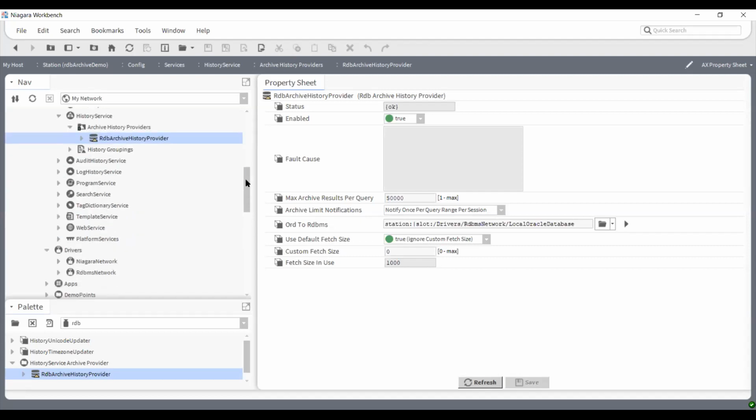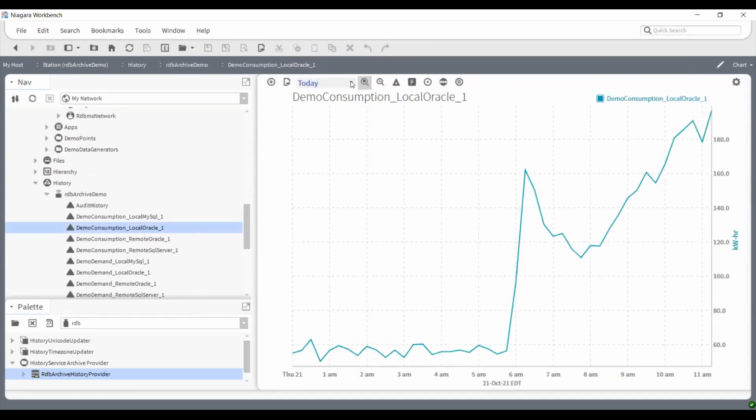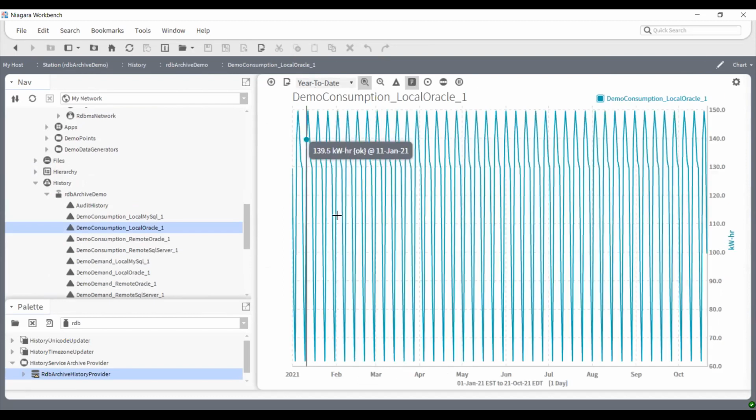So let's see what happened. I added in that archive history provider, and now if I go back to that history I looked at earlier and I change my time range to year to date, well, now I've got records that go all the way back to the beginning of the year. So before I had just a week's worth of data, and that's all it displayed when I asked for year to date. But now it's actually going back to January 1st and showing me all that,